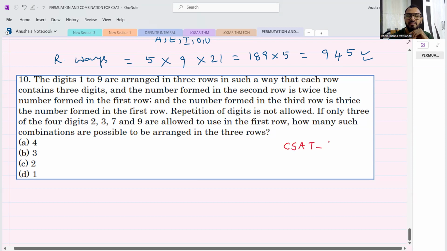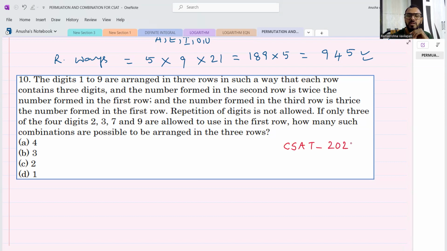The question seems to be very big, but the options contain very small numbers, only 1, 2, 3, 4. Which means that we don't have many choices to form the